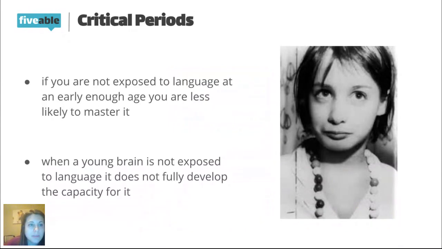So eventually somebody found out and they took her from the home, obviously, because she was being severely abused. And so they put her into a facility to try and teach her social cues and how to develop language skills. And what ended up happening was she couldn't. Even as she got into adulthood, she never fully developed language. She had basic skills, like she could speak with nouns and verbs, like a 2-year-old, right? In that two word stage, but she never fully developed the complex skills of speaking in complete sentences